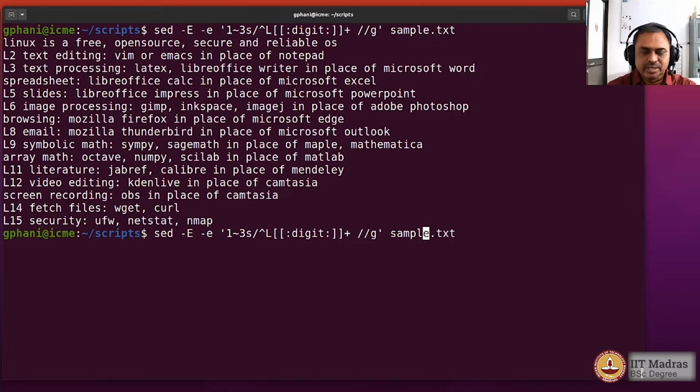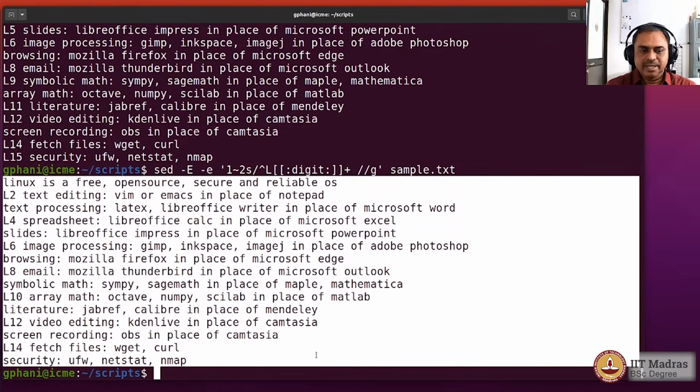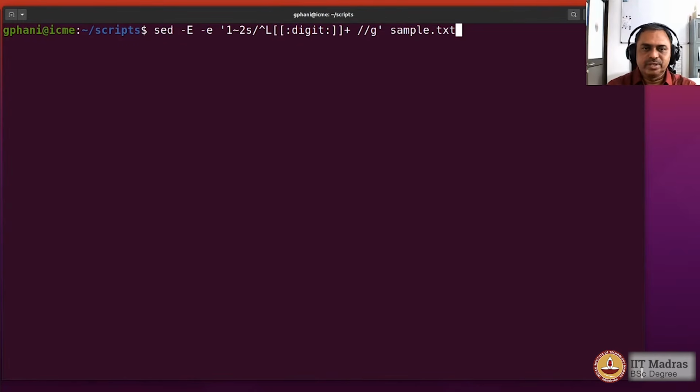You could do that with every second line. So you would see that every odd number line has been trimmed of the initial portion of the text, as mentioned here. And you could combine this with the negation of the address range also,